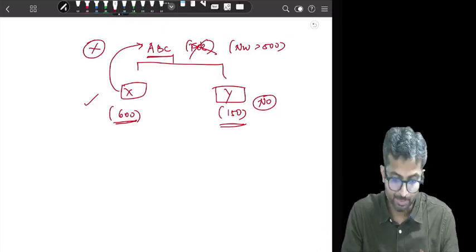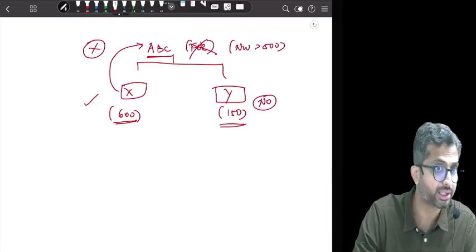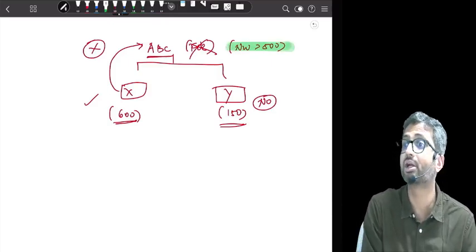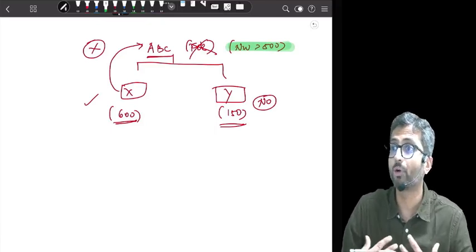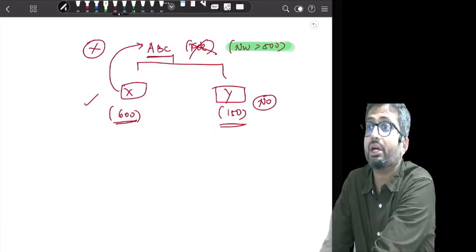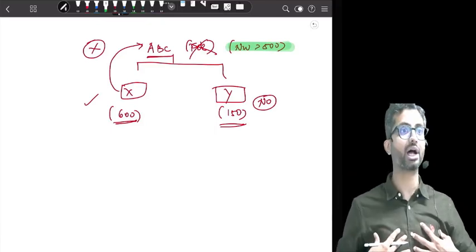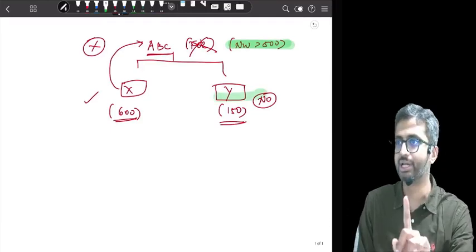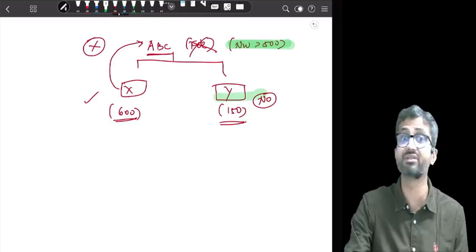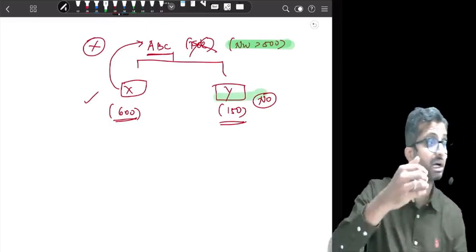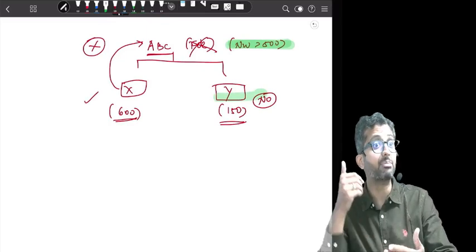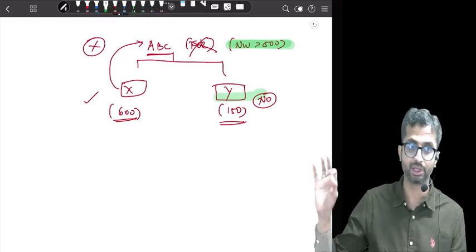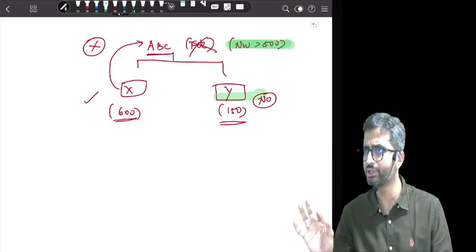Now, if ABC was an Indian company, still Y Limited would say I'm a fellow subsidiary. If I'm a fellow subsidiary, I will not follow Ind AS. But ABC will say, nahi yaar, my net worth is greater than 500 crores. So I am not following Ind AS because my subsidiary is following Ind AS. I am following Ind AS because my net worth is crossing. Then will Y have to follow? Yes, then Y will have to follow because Y is a subsidiary of ABC and ABC has direct applicability of Ind AS, not an indirect applicability. Are we absolutely clear with this?